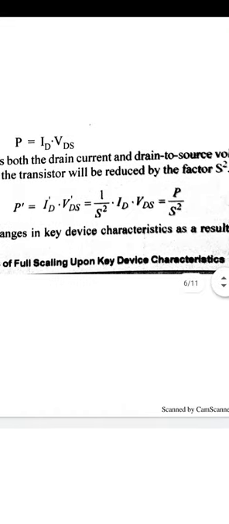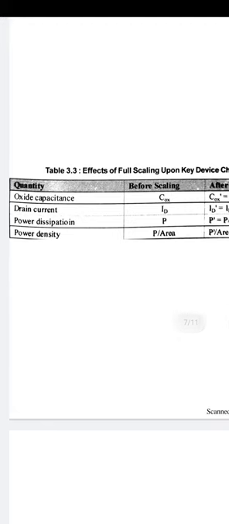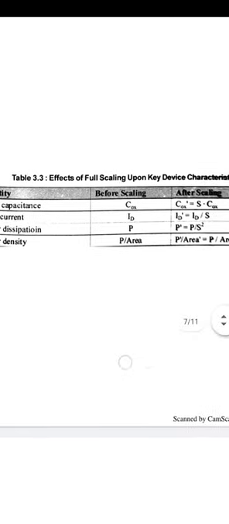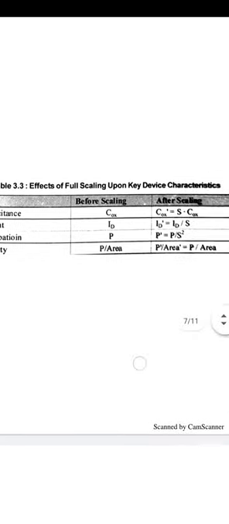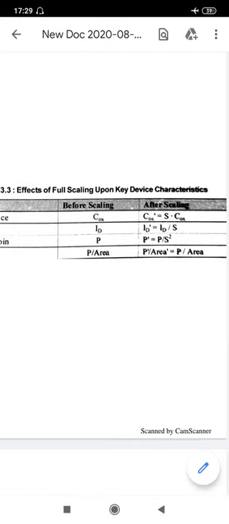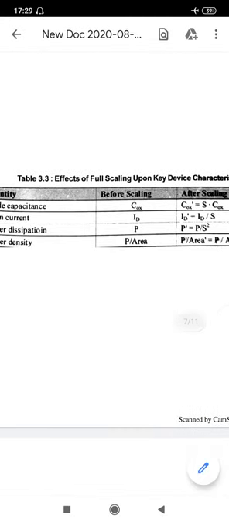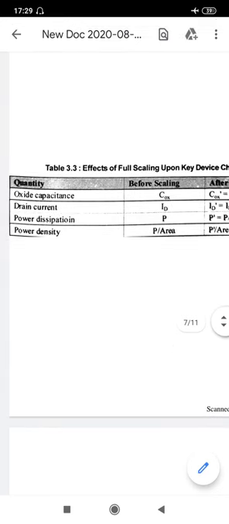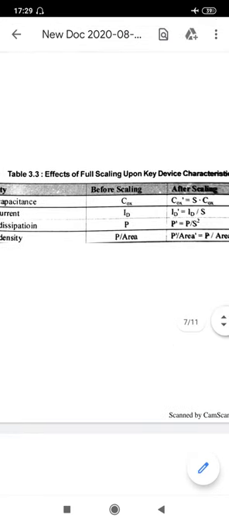So this is the scale-down factor of S square. According to that, when we take the tables, the oxide capacitance, that is Cox, the new value Cox dash is equal to S into Cox, multiplied by a factor of S on the previous value. When we talk about the drain current, ID dash is basically ID scaled by a factor of